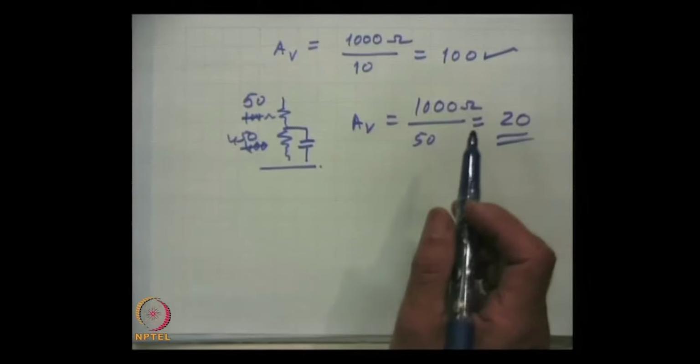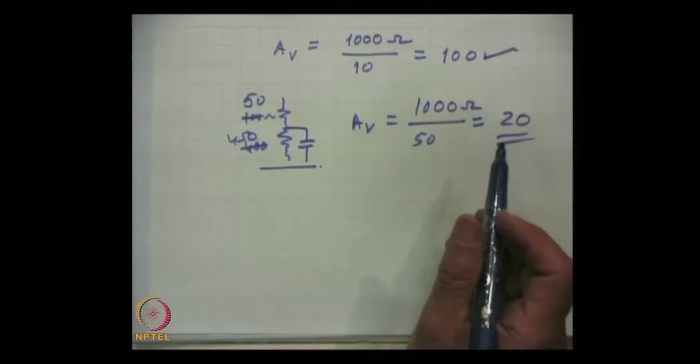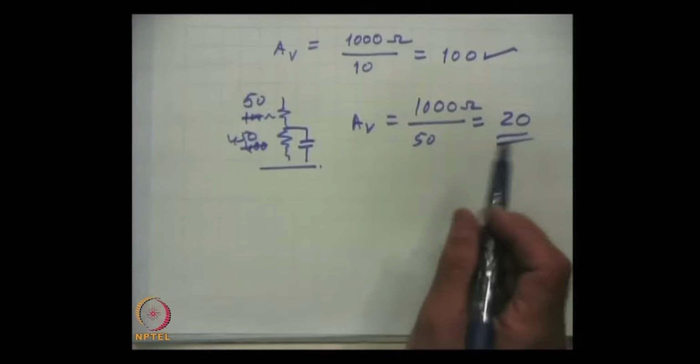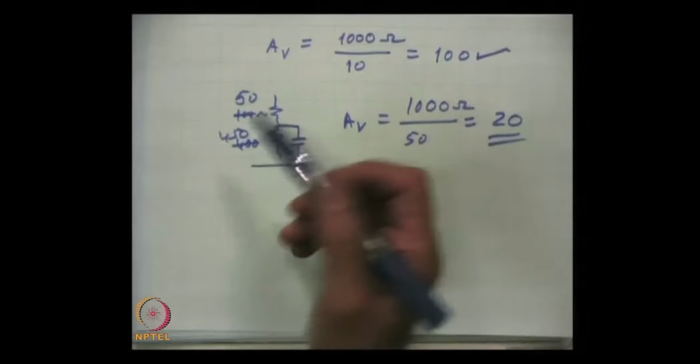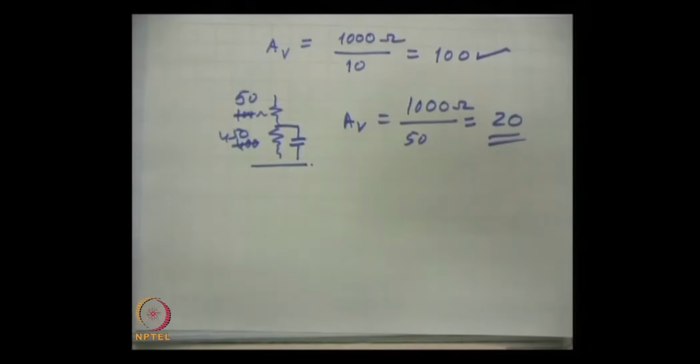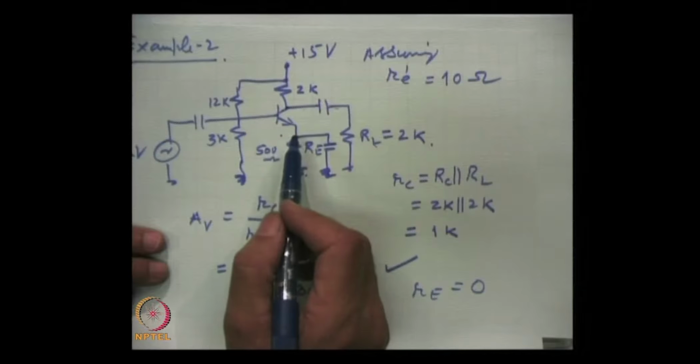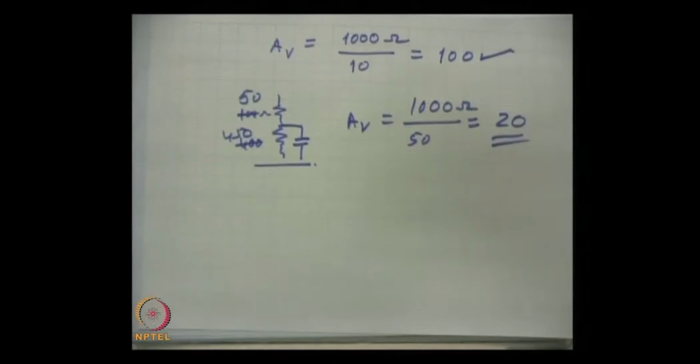So, you see the simplicity of the r analysis, that it gives a very simple relationship and we can manipulate the value of, for example, we are considering voltage gain and we can achieve any value by simply adjusting these resistances with the emitter lead in this simple common emitter circuit. So, this was about the voltage gain of an amplifier.